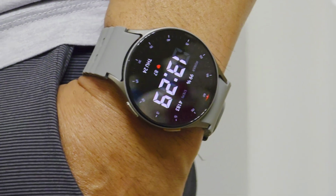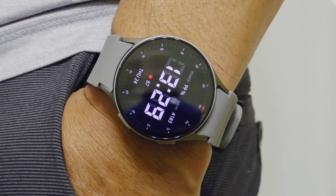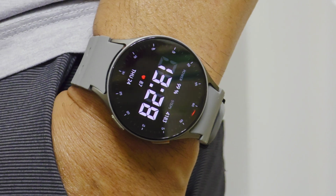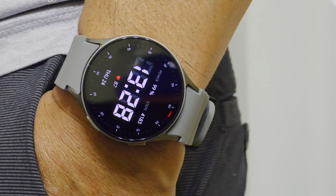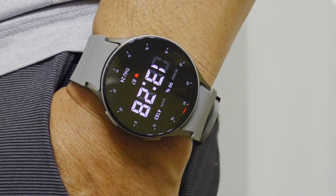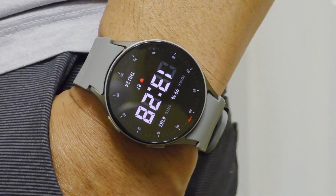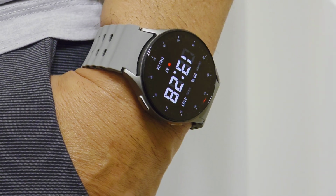This watch connects via Bluetooth 5.3, Wi-Fi 2.4 or 5 GHz band, optional LTE with the eSIM, and GPS is dual frequency GPS L1 plus L5, GLONASS, Beidou, and Galileo. Also has NFC connectivity. Sensors include a temperature sensor, accelerometer, barometer, gyro sensor, geomagnetic sensor, light sensor, and a new